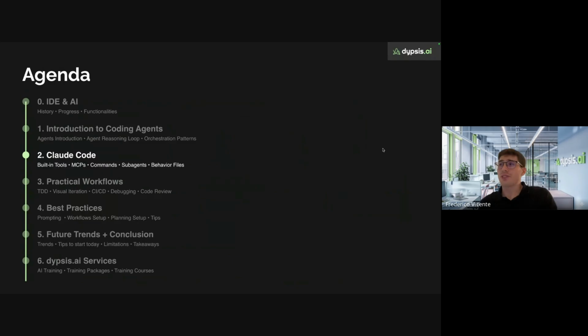And yeah, now let's start talking more precisely about a specific coding agent. I'm going to focus mostly on Claude Code, but today there are a lot of coding agents. For instance, you have Codex, you have Gemini CLI, you have a lot of these kinds of systems. I really like Claude Code, that's why we are focusing on it.